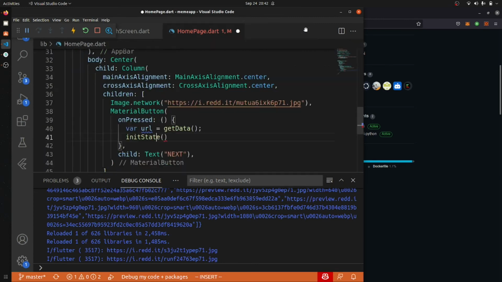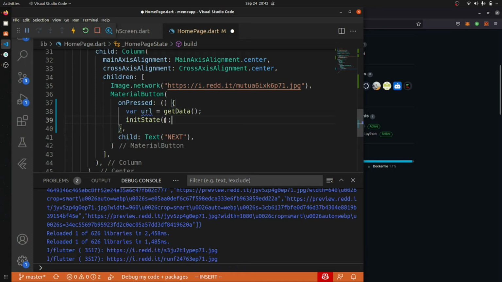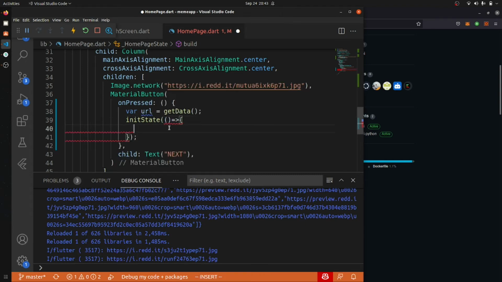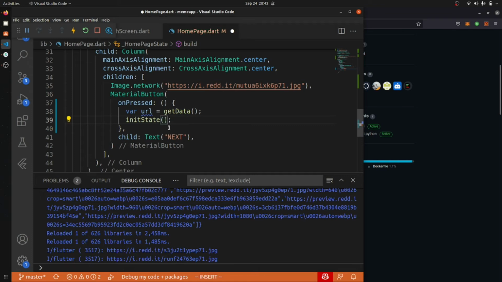We are not getting that value. Oh, this is not right.